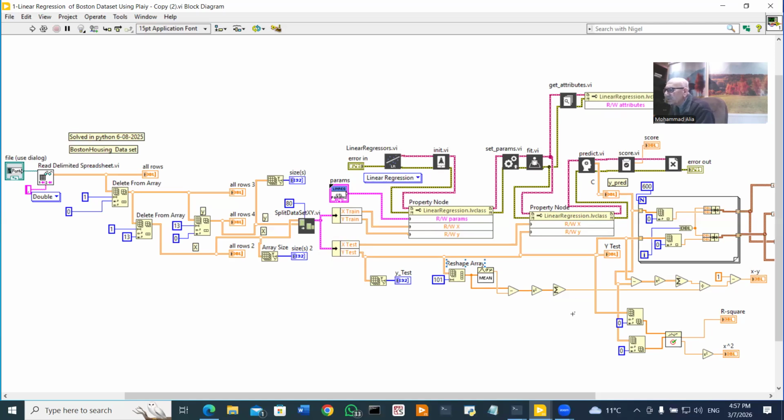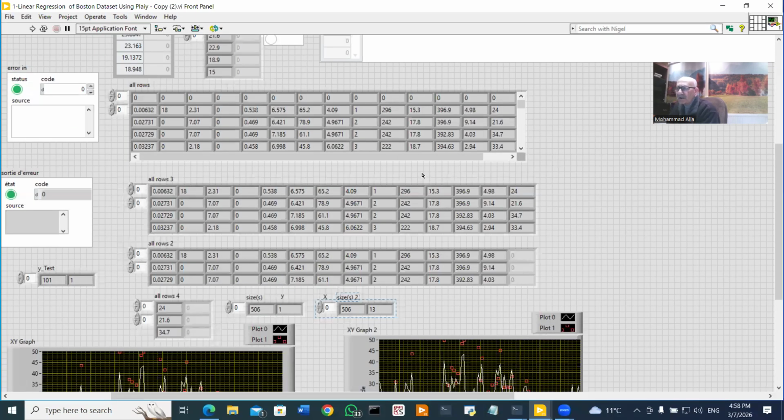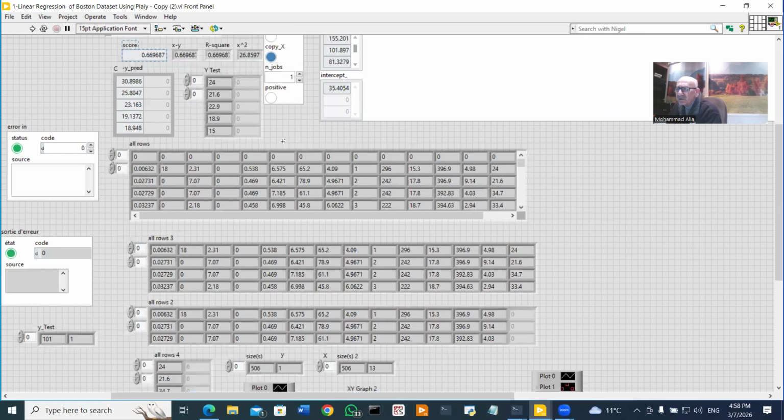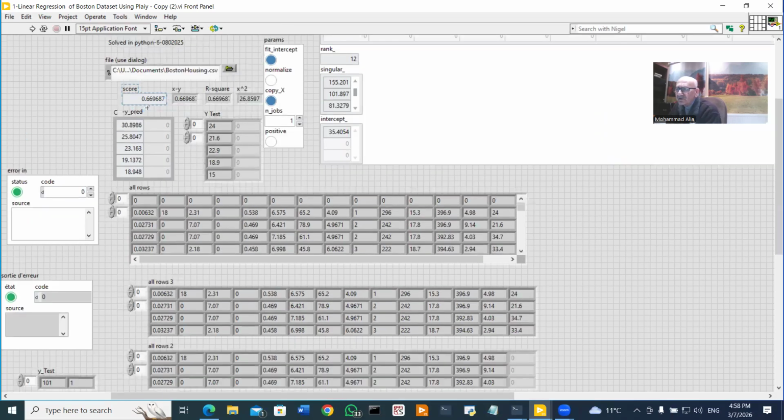In order to find the quality, here we use the score VI. The output here directly gives an indicator which shows you the quality. The quality here, I will run it with you now. It is here given